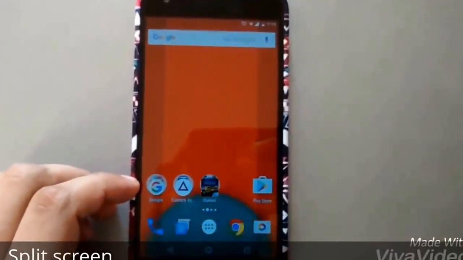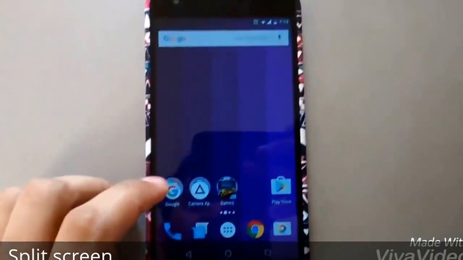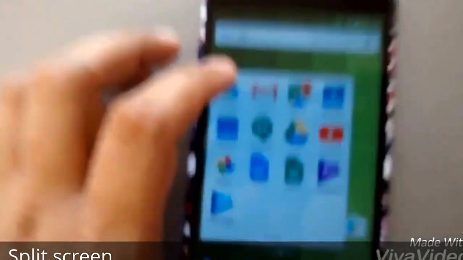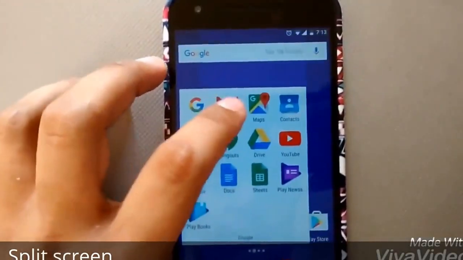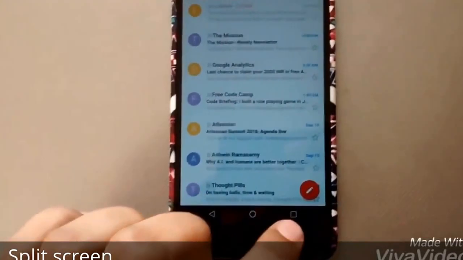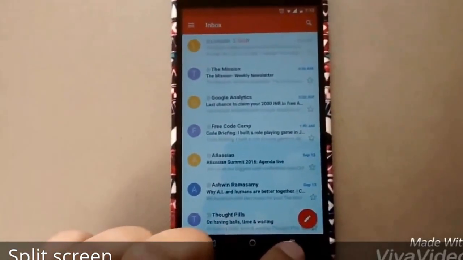Multi-screens, split view. Now let's see how the multi-screen thing works. So let me launch one app. Let us launch this Gmail application. Okay, so long pressing this square button will split the view into two parts. So let's do it.